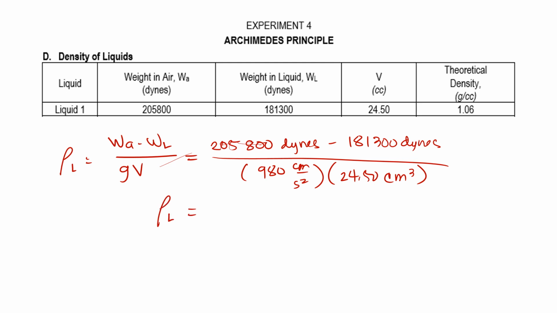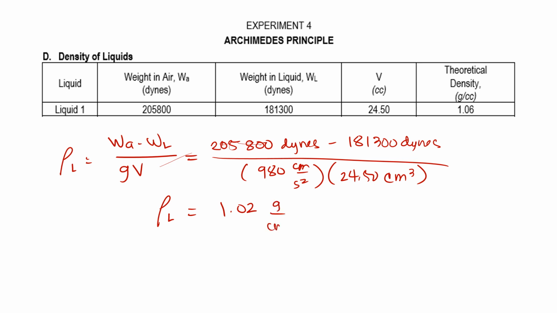So density of liquid is equal to 205,800 minus 181,300 divided by 980 multiplied by 24.5. So density is equal to 1.02